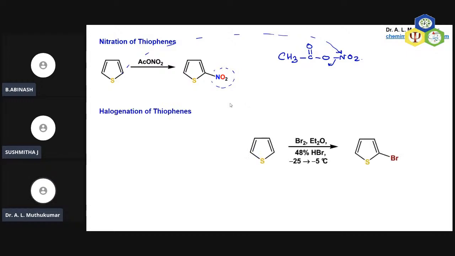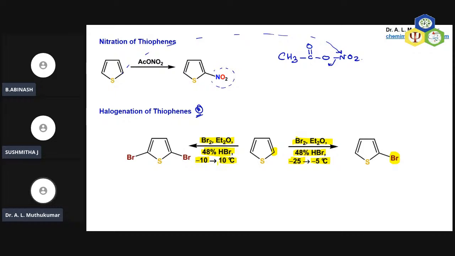The next reaction is halogenation of thiophene. This is somewhat important, so keep it in mind. If you treat thiophene with bromine along with 48% HBr at a temperature of minus 25 to minus 5 degrees centigrade, bromination takes place at the C2 position. If you do the same bromination with diethyl ether as solvent, along with 48% HBr, and increase the temperature to minus 10 to plus 10 degrees,